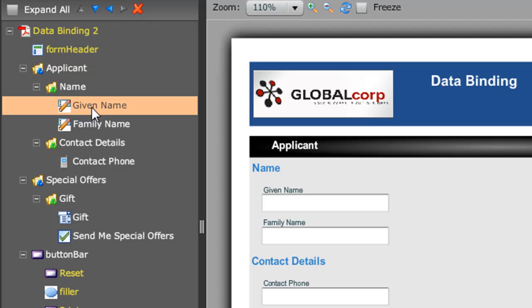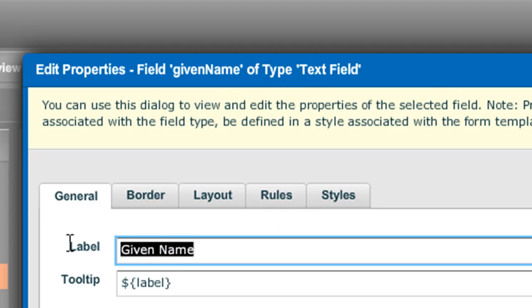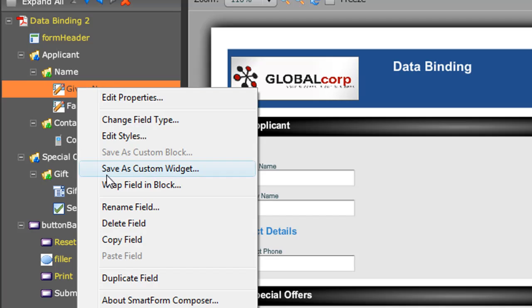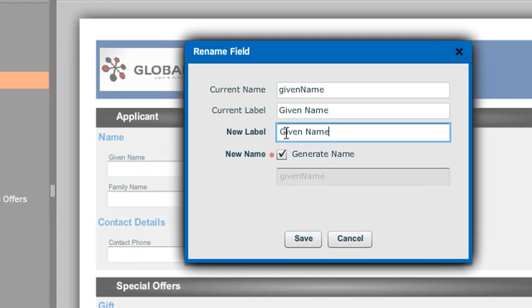Changing the name, let's first find out what the current name is. For example, if I wanted to change the XML element name from given name to first name, double click on given name, and that will tell me that this is, if I look in the title bar, a field whose name is given name of type text field. The label is given name. In order to change the name, I simply right click on the object, select rename field. In this case, I can leave the label as given name and simply change the actual name to first name,